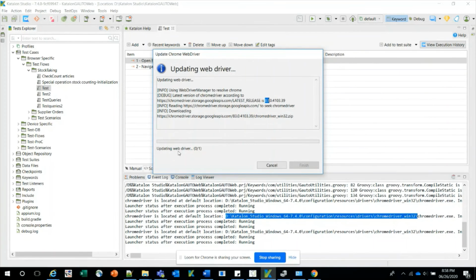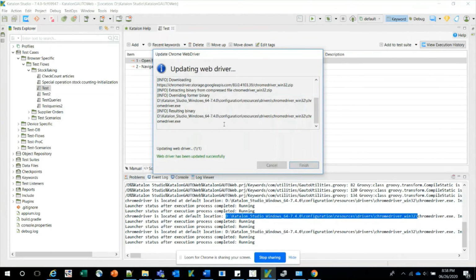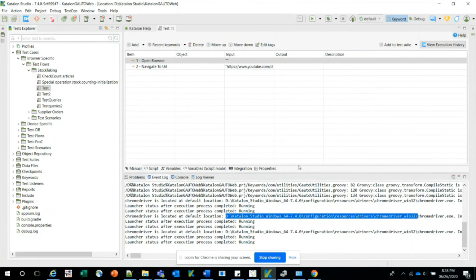You can see it's updating the web driver. It's going to take a very little amount of time. You can see the WebDriver has been updated successfully. Once you click on Finish,